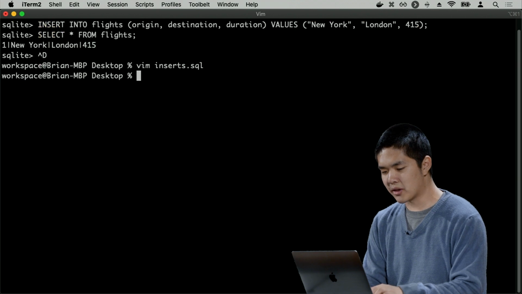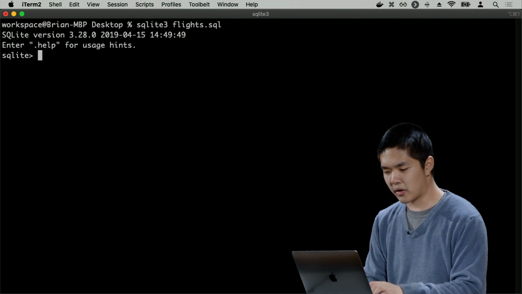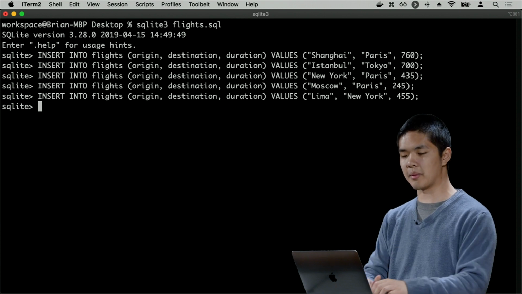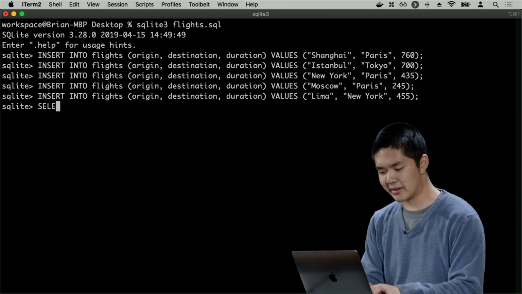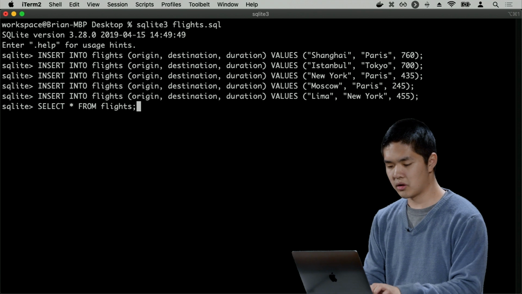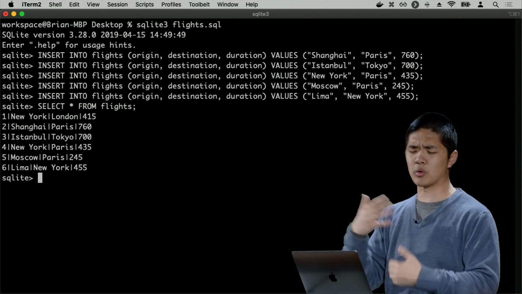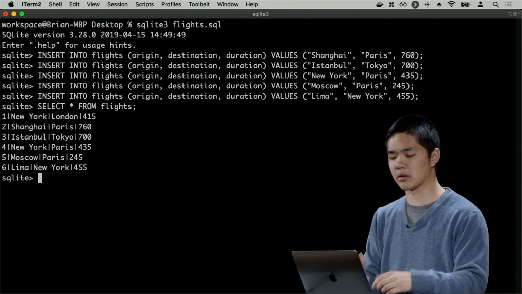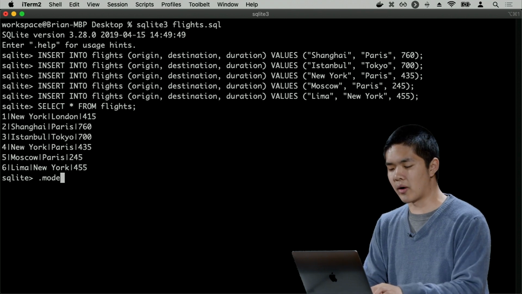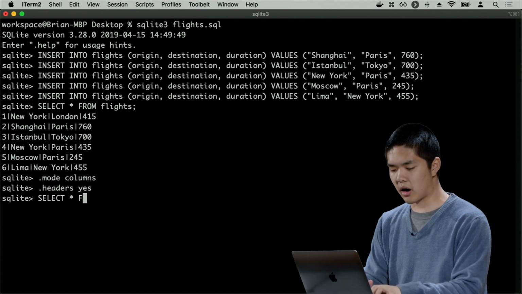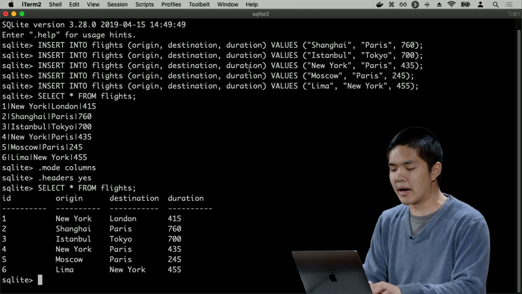So I'll go ahead and copy those. And then into the database, I'll paste in all these insert commands to insert a whole bunch of flights into this database. Now if I run select star from flights, what I get is all of the flights. And this is not formatted particularly nicely. SQLite has some additional tricks if you'd like to format it a little nicer. So I can say, go ahead and put this into columns mode, and give me some headers, yes. So .headers yes. And now if I select star from flights, the data is organized a little more nicely, where